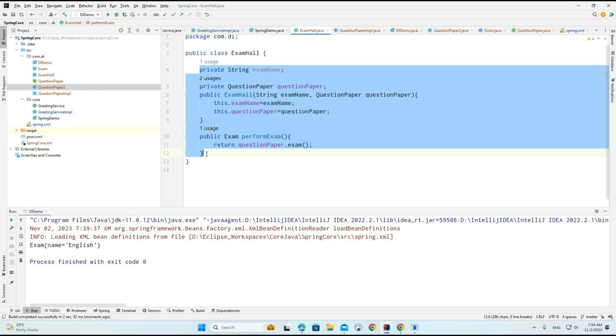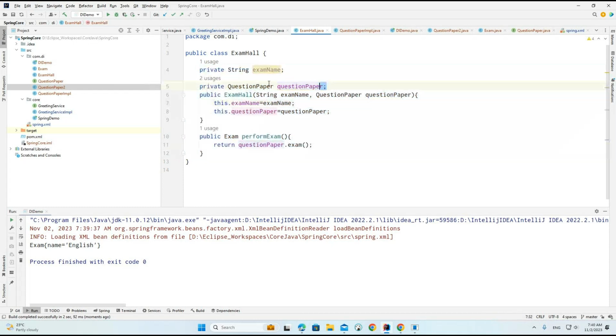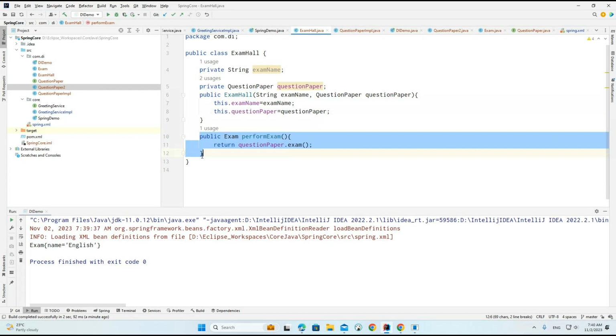Getting the point. So when we are trying to work with the interface here, you can work with loose coupling. But how are we making it? Here we gave the interface, because the question paper is an interface. It is not a class. For this interface, we just provided the parameter, and we initialized the local variable into the class level variable. After that, this particular perform exam method we are keeping as it is, and only